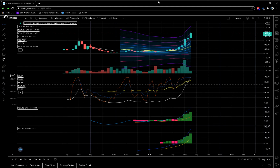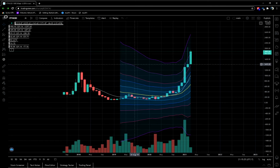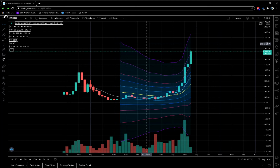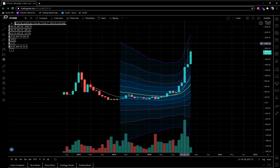I was just having a look at Ethereum today, so we're looking at ETHUSD. I haven't done an analysis on this yet, I think, but it looks similar to the Bitcoin chart. We're on the monthly frame right now. There was the same run basically, but it's not as much of a breakout as Bitcoin. It wasn't as volatile to the top either,